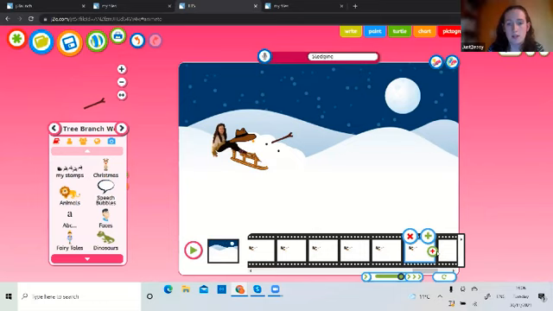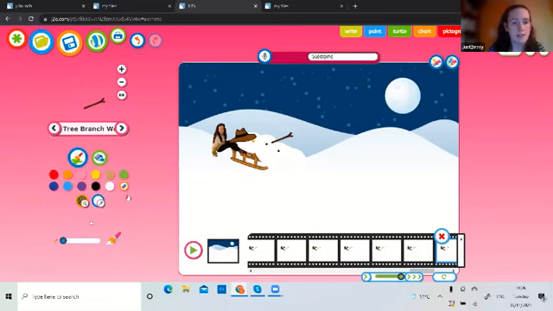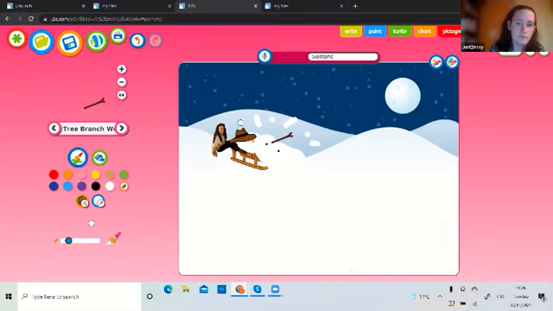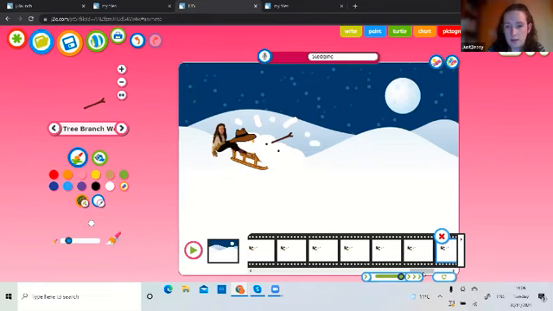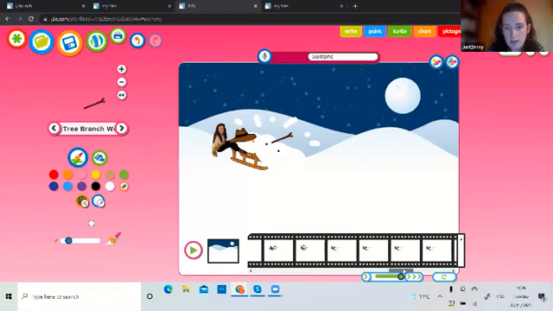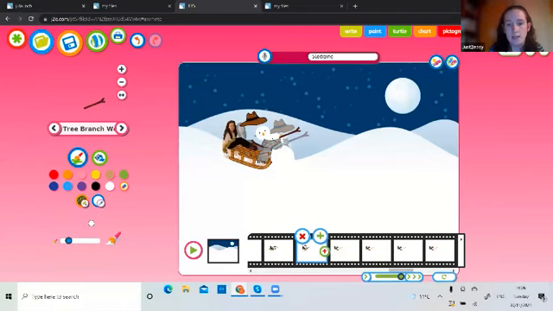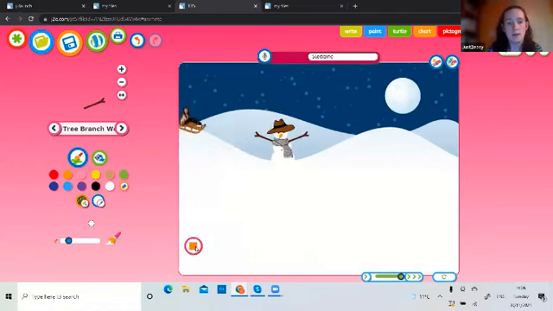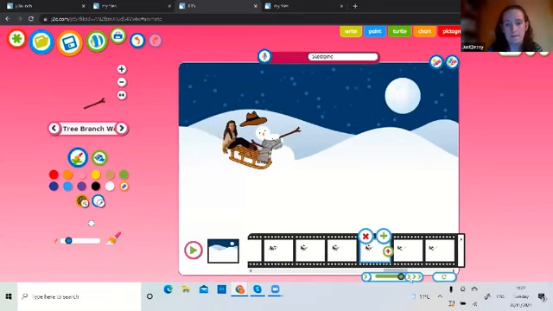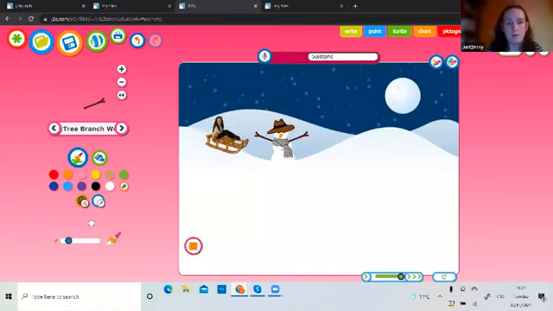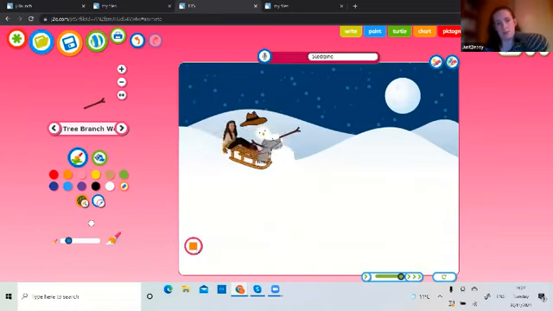I think to really make the impact, what I might like to do is add in some kind of snow splashing out as I crash in. And I might also add in an extra frame here, and children can play around with this and really have a look and see what they want to do to make this work. So if we play that again, maybe make that a little bit slower this time. So time consuming, but we can create some really nice effects with that.